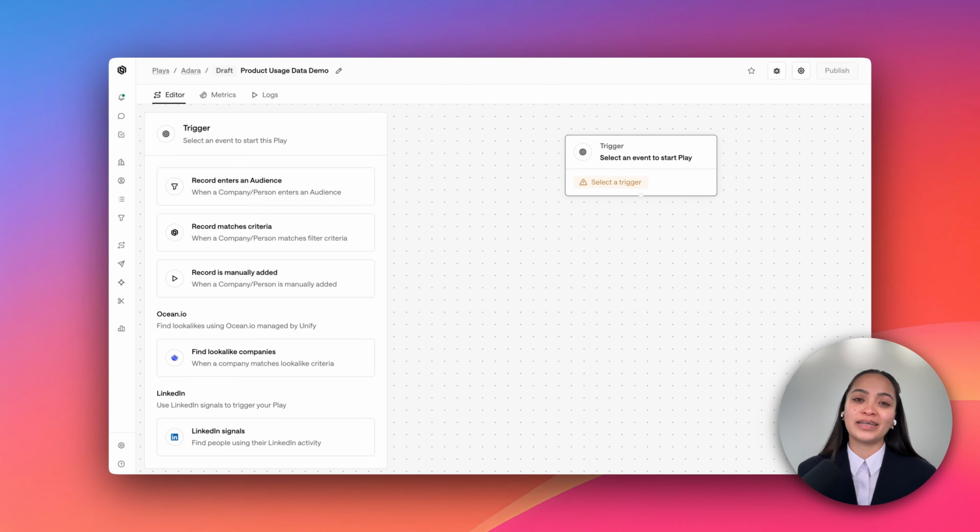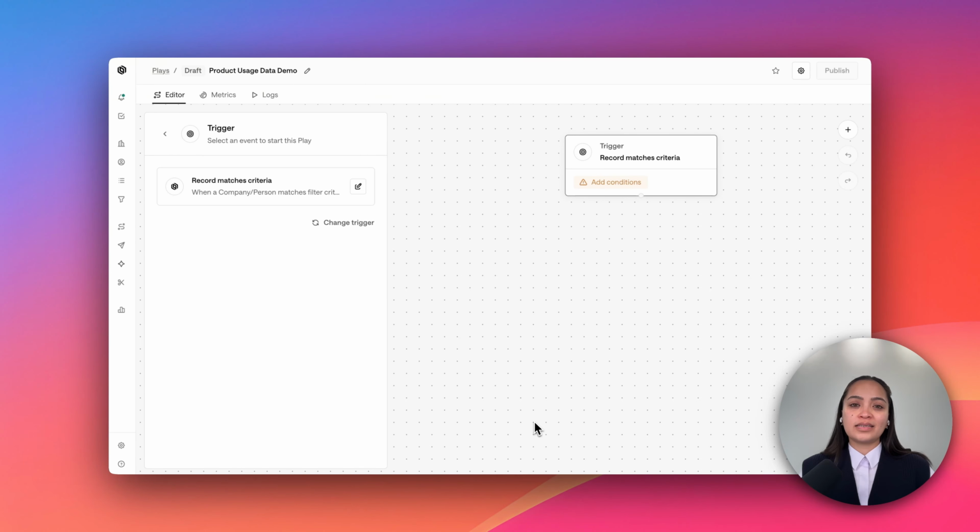I'm going to show you how to connect that signal into your plays and then how to build a play and automation around it so that instead of your sales teams updating Slack to see if new notifications have come in, your team can just automate the bare minimum of this and focus their attention on the higher touch points as needed. Let's say that usage is one of the main levers that signals when someone's ready for an enterprise